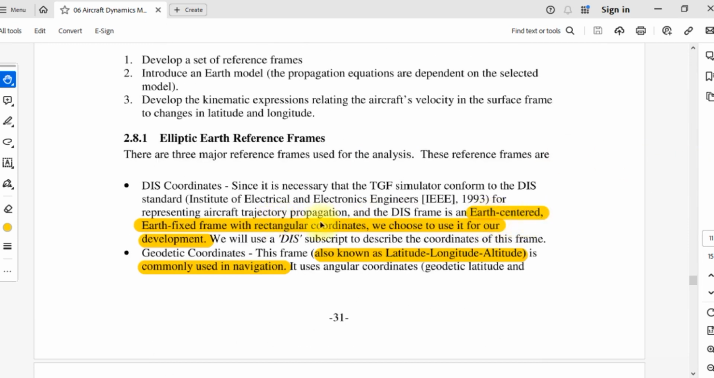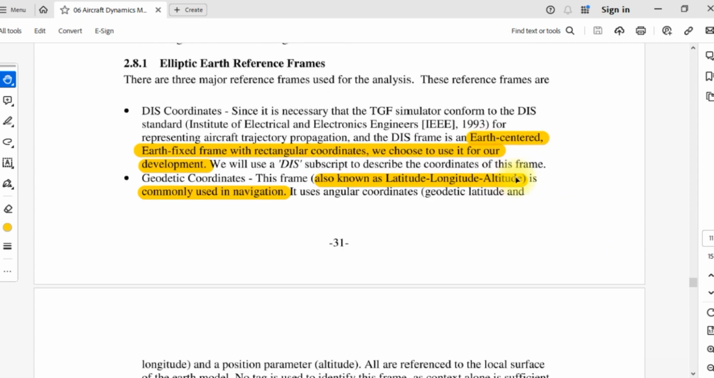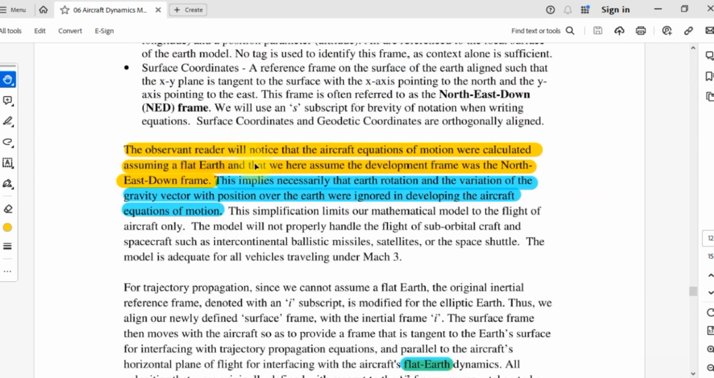Here you have Earth center, Earth fixed frame with the rectangular coordinates. We choose to use it in our development. And they consider Earth to be the center of everything. Everything rotates around Earth. The observant reader will notice that the aircraft equations of motion were calculated from a flat